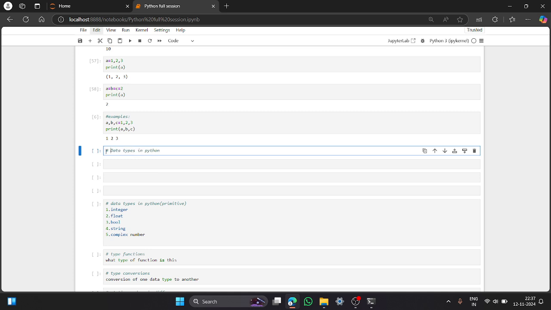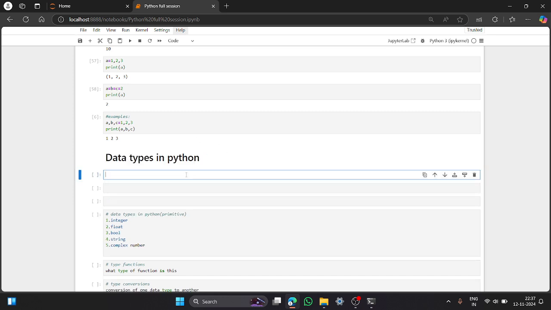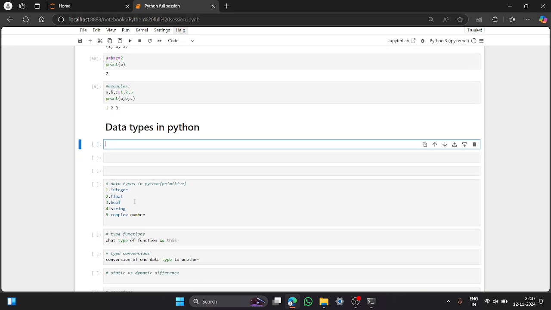See, for documentation in the compiler, if you go here, we are going to have the markdown. If you just enter shift enter, this converts into the heading data types in Python, and we are going to have the built-in data types, different data types. But we are going to discuss what are the primitive data types that we have, like integer, float, bool, string doesn't come, but it is a data type, and complex number. Here integer states that,